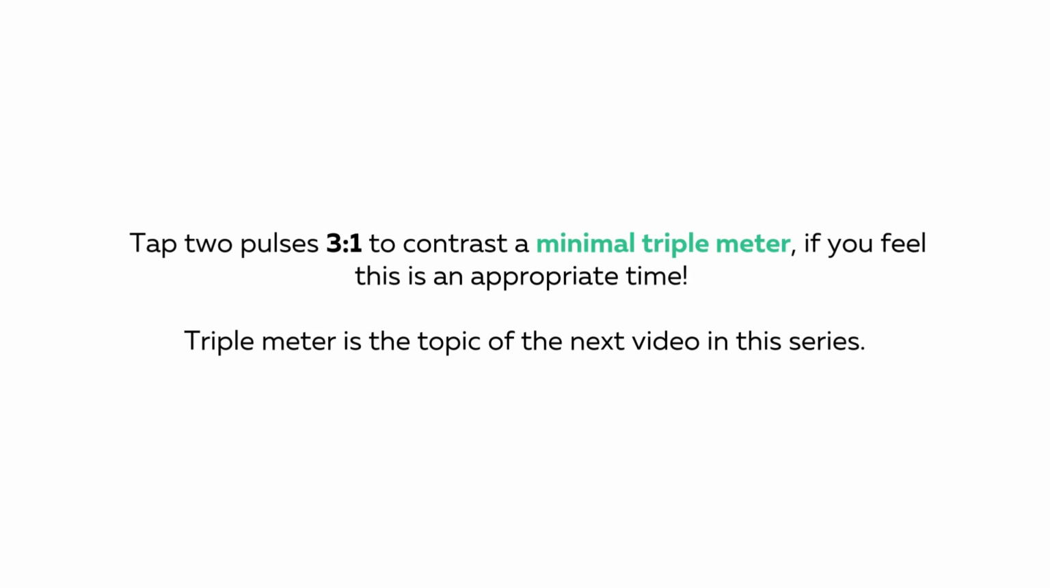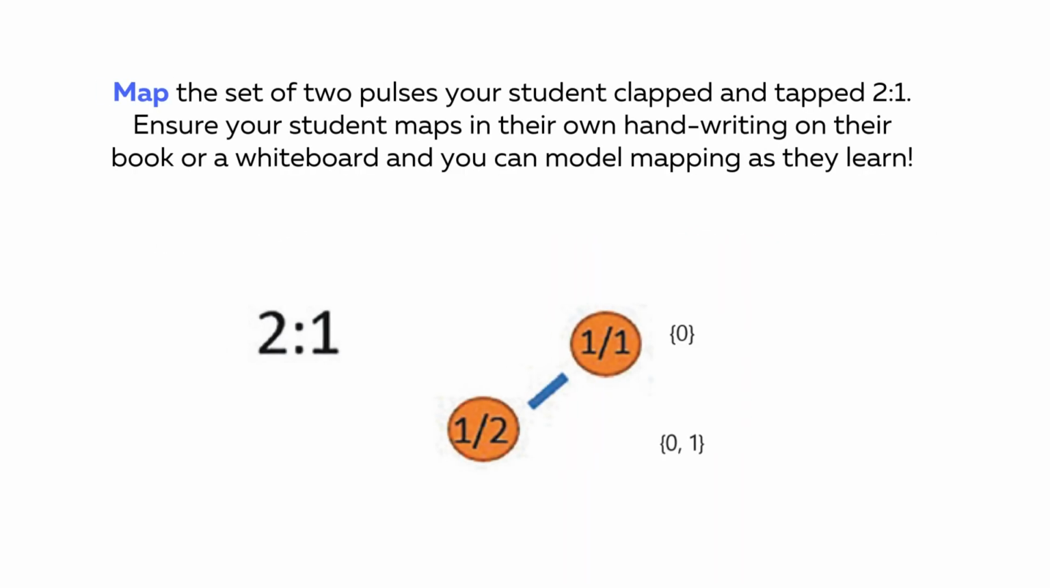Tap 2 pulses 3 to 1 to contrast a minimal triple meter if you feel this is an appropriate time. Triple meter is the topic of the next video in this series. Map the set of 2 pulses your student clapped and tapped 2 to 1. Ensure your student maps in their own handwriting in their book or on a whiteboard, and you can model mapping as